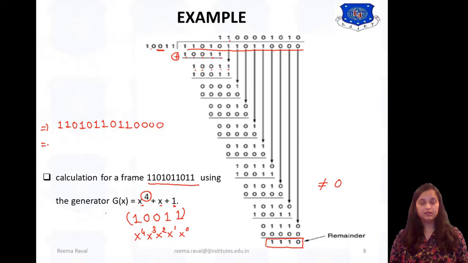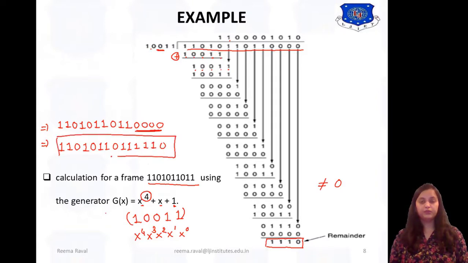So here the CRC will be 1 1 0 1 0 1 1 0 1 1, the 4 zero bits which we have appended. So after the calculation of this CRC, the remainder is to be placed over here. So this will be 1 1 1 0. So this is the CRC produced. Okay, so now at the receiver side, when this is obtained, the remainder should be 0, and if it does not equal 0, it indicates error. Okay, so this is how we can find the CRC code.